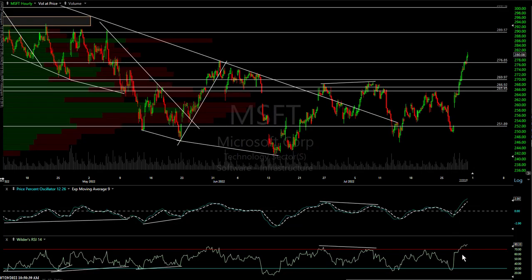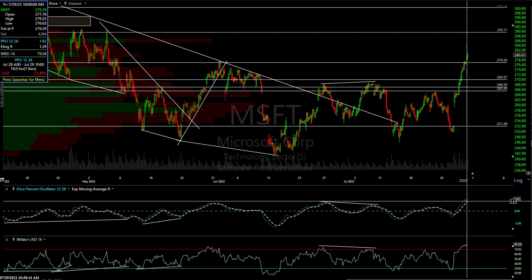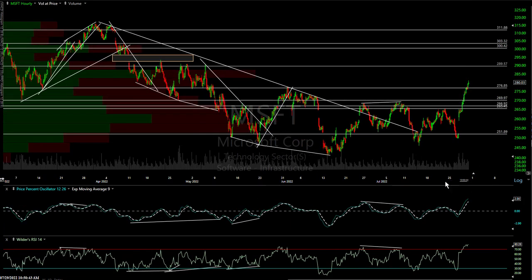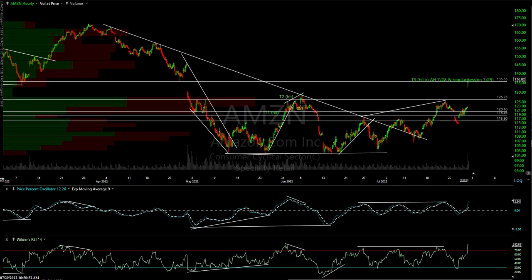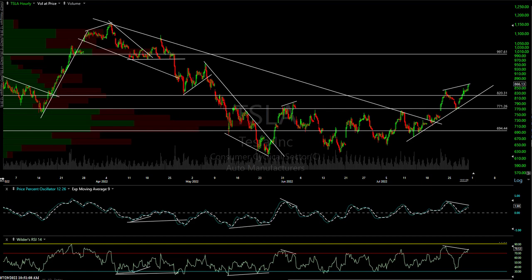Microsoft, no divergence. It's about a higher high here in the PPO and the RSI. But as I showed you, some resistance on longer term charts. And there's Amazon. Really kind of carries forward this. We've been making about equal highs here on the PPO, pretty much on the RSI, maybe a hair higher there, and higher highs in price. So Tesla I already covered.